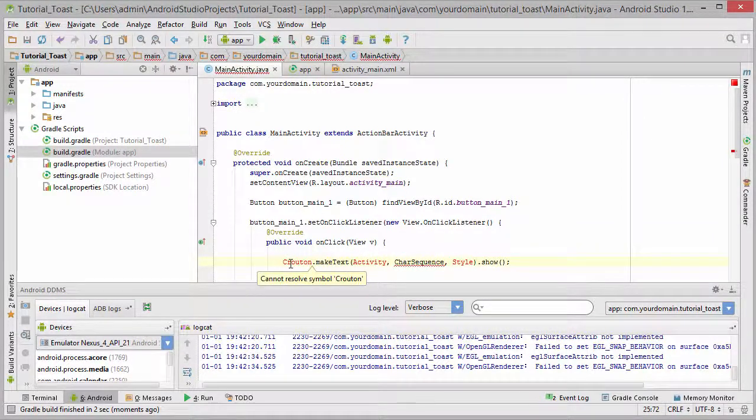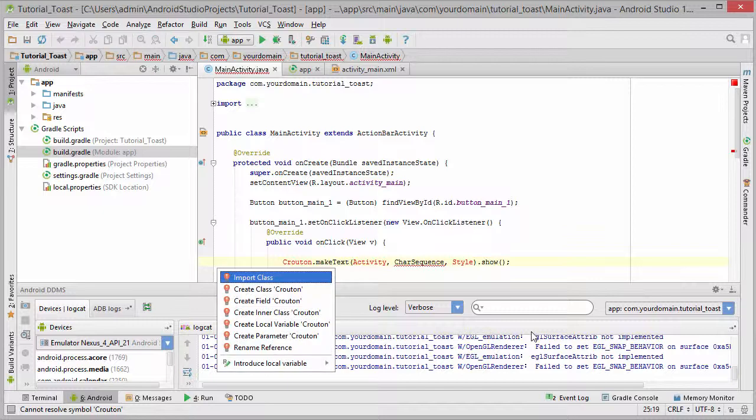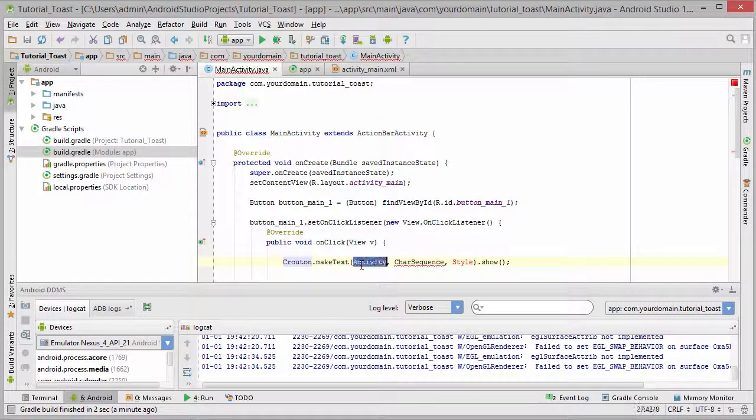You see it cannot find simple Crouton. Alt enter, import class, in activity it's main activity dot this, char sequence, Crouton was best, and style